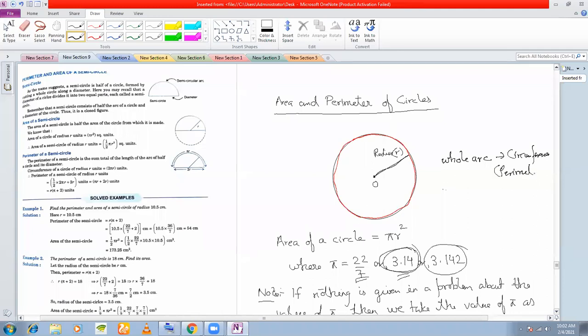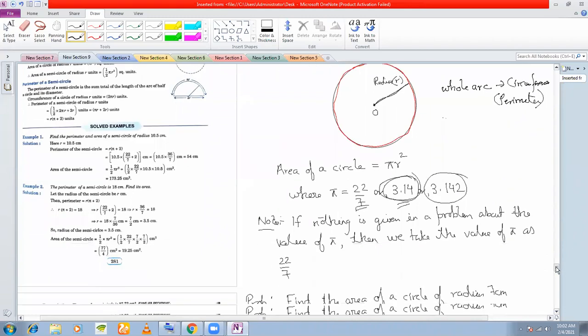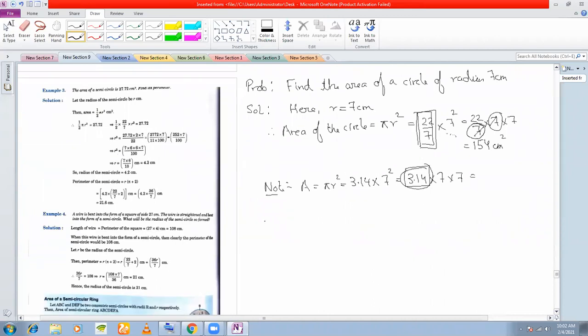Normally, we don't refer to it as perimeter. Perimeter we normally keep for polygons: triangles, rectangles, pentagons. When it comes to circles, we normally call it circumference. So the next formula is for circumference of a circle. Circumference of a circle, C is equal to 2 pi r. Another formula that you must remember. Circumference of a circle is 2 pi r.